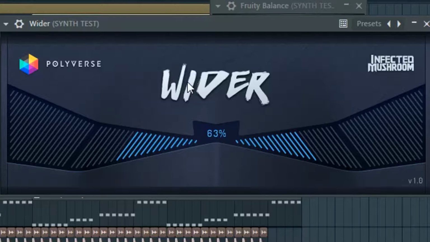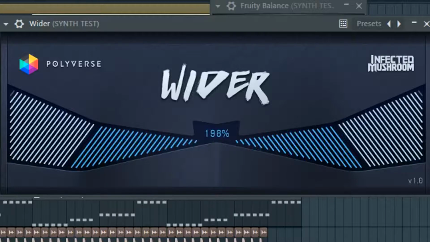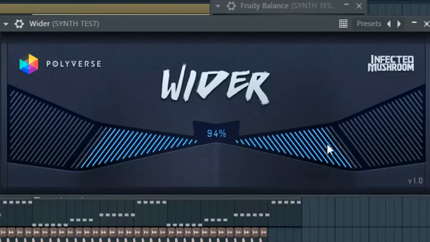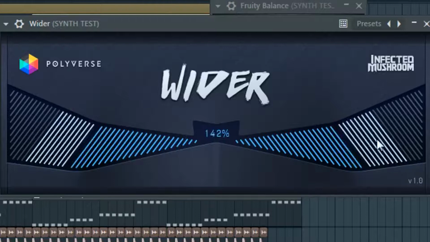And this is a simple tool to spread stereo width to your narrow, center, mono type of sound, whatever it might be, percussion, vocal, synth. So there's going to be a lot of different uses for a plugin like this. To boot, we can see here there's just one control, 0 to 100%, and you can go beyond that as well. So you can go kind of beyond the standard width spectrum,